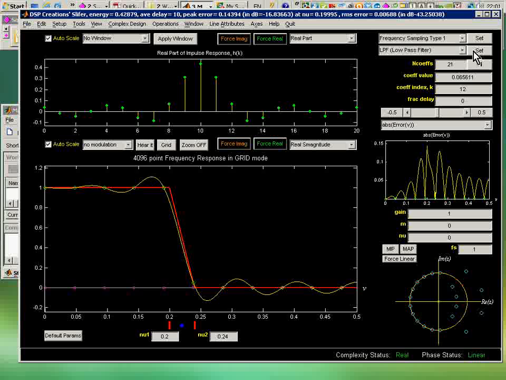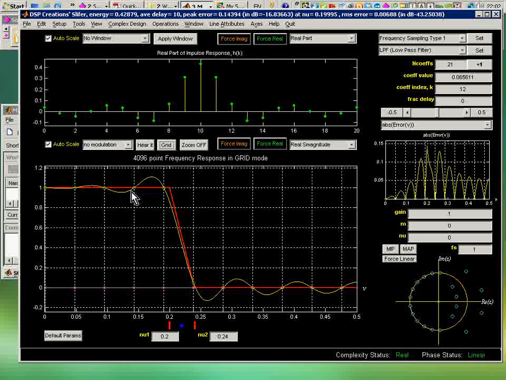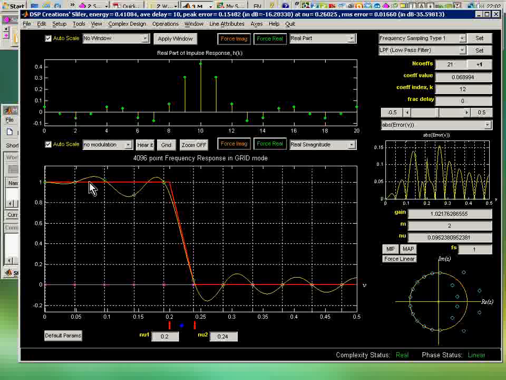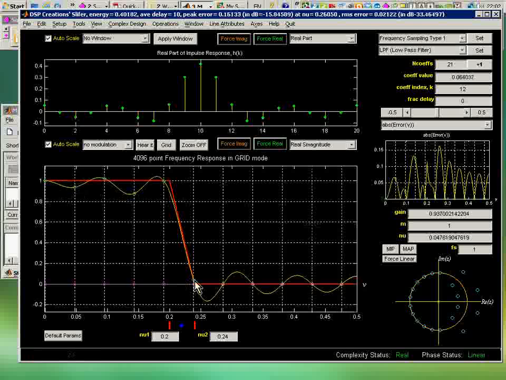I can click back on here to set it again, and you notice that I've got these little circles. Now these represent the frequency samples, which are located at certain frequencies down here, which are spaced by multiples of 1 over 21 in normalized frequency terms. I can actually click on a grid to make that a little bit more visible. Now I can change those using the venerable design technique called frequency sampling, and move the altitude of those points along that grid line, and I can perhaps cause this to increase or decrease my ripples and create a better